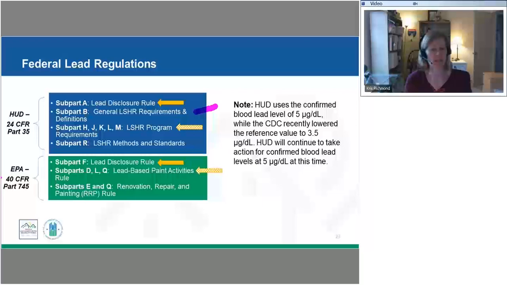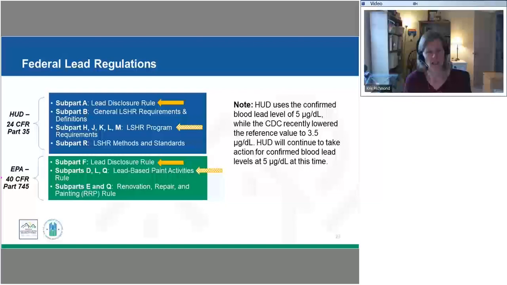And then you'll see we have Subpart H. This is the one that we're going to be focusing on. This is where it talks about what needs to be followed. What do you need to do to be in compliance for Subpart H, project-based assistance, for the lead-safe housing rule. And you'll see we have this similar arrow down here for EPA for D, L, and Q. Under the EPA regulations, it's who can do that kind of work? What are the standards for performing lead-based abatement, risk assessment, the inspections? So they kind of go hand in hand. That's why we have those